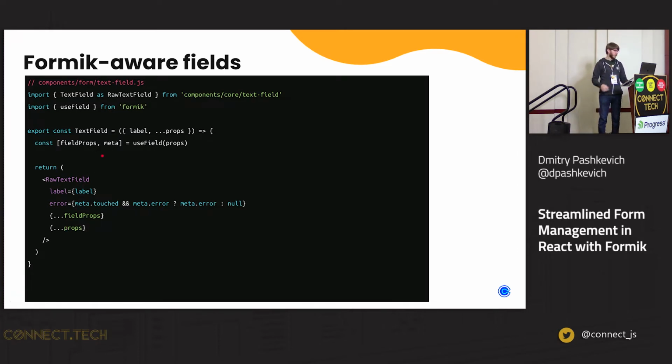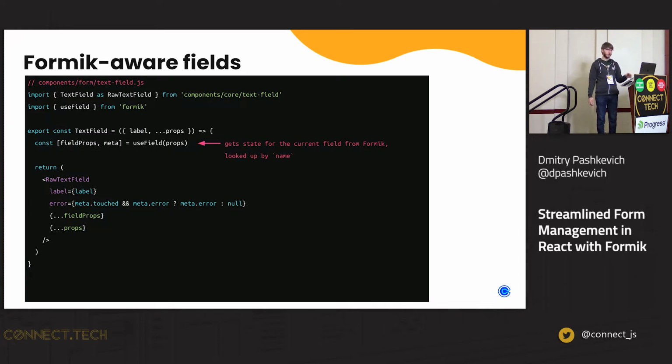And then meta contains a few things. Two of note is tracking whether the field has been already touched by the user, because we don't want to validate things that the user has not typed in yet. And then Formik also keeps track of validation errors, and if there's an error, it'll be in meta.error. So with that,